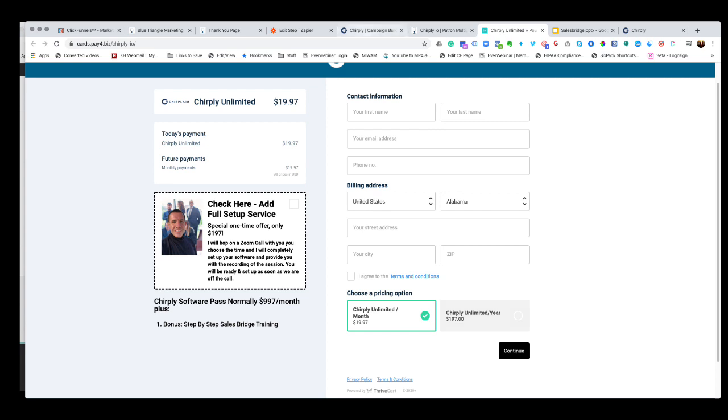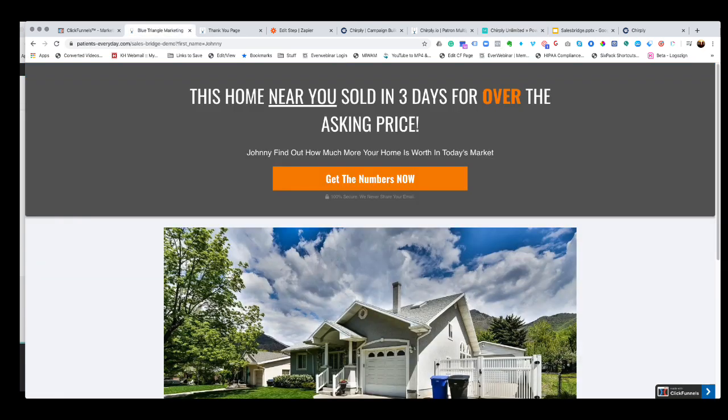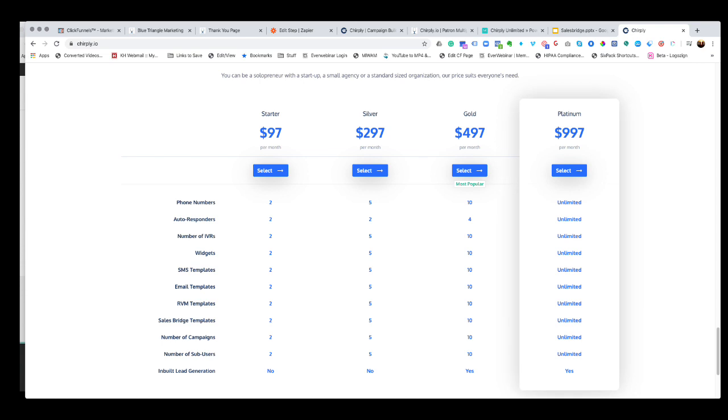Now, my experience is that with these simple call campaigns, you do it once or twice, and it has paid for the entire year of software, even if you buy the software at the full price. Even if you don't want to buy it from me, and you trust the guys from Tier 5 and Chirply more than me, go over there and buy it, because it's usually beneficial to have that process in place. And that way you can avoid people telling you that your leads are low quality.